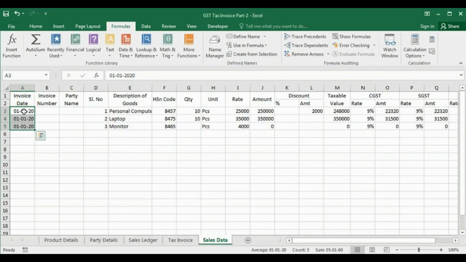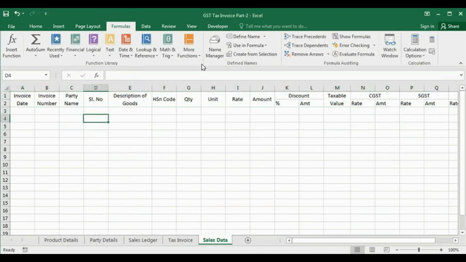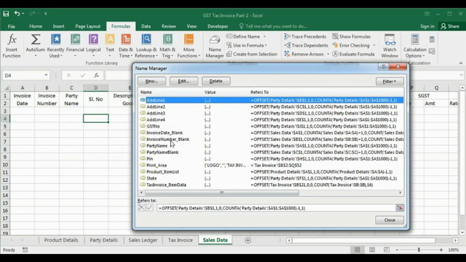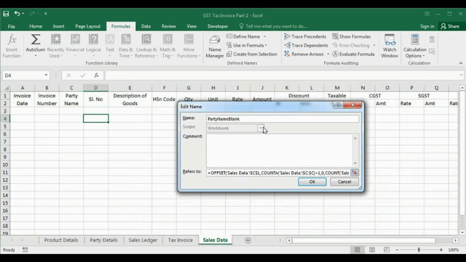So let's delete all these items now. So our named ranges are invoice number blank and party name blank. So here I will give an underscore.